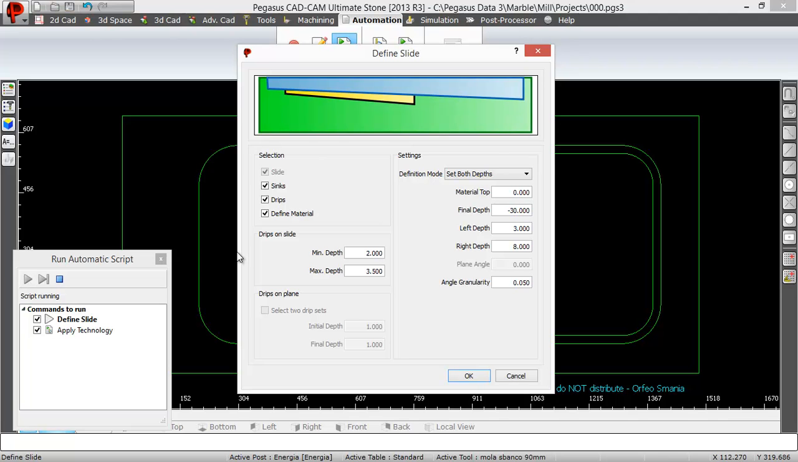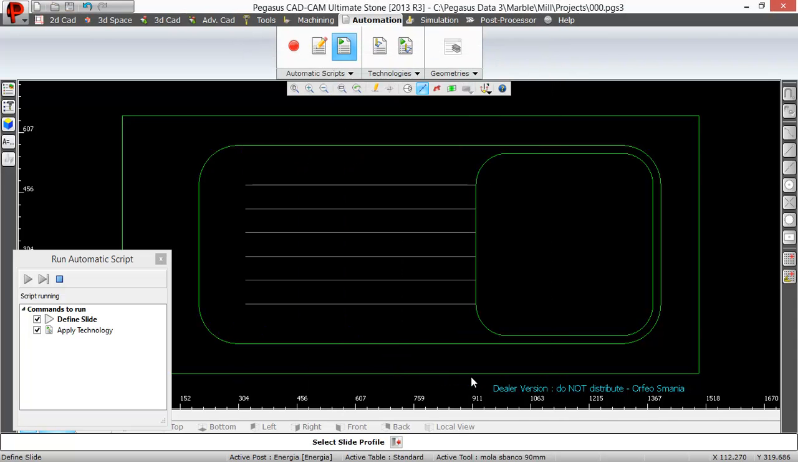The first step is that we open a menu on which we can define all the characteristics of the kitchen top. Like that we have a seam, we have drips, we define the depth of the drips, the material, and the drain bore size on the left side and the depth on the right side of the drain bore. Once we press OK, the macro is asking me to touch all the geometry that can determine the shape